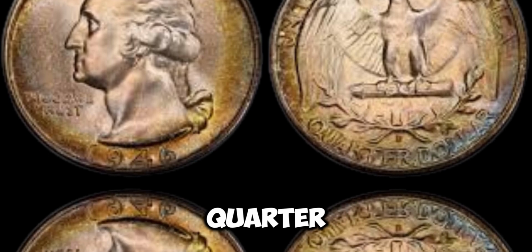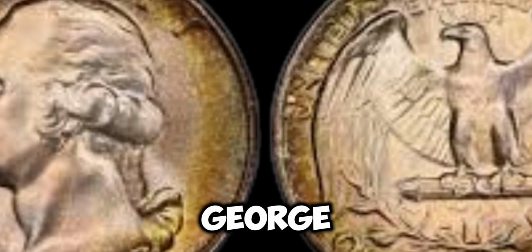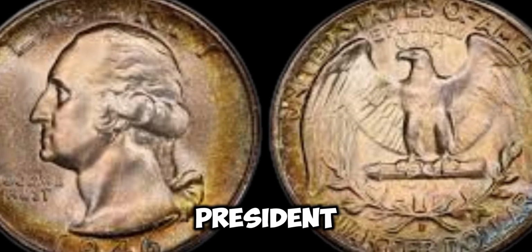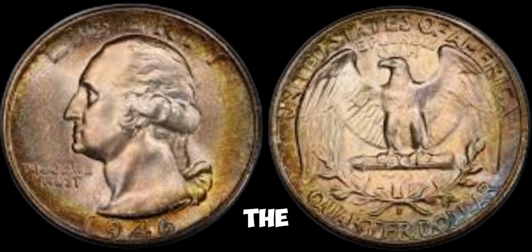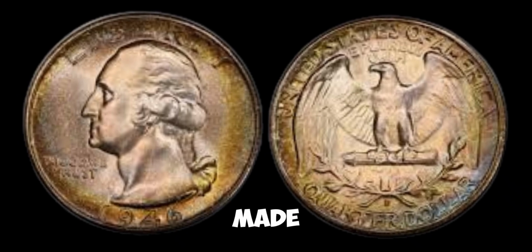The Washington quarter was first issued in 1932 to commemorate the 200th anniversary of George Washington's birth. The design features a bust of the first president of the United States on the obverse and an eagle on the reverse. The 1946 issue is no exception, displaying the same classic design that has made these coins so highly